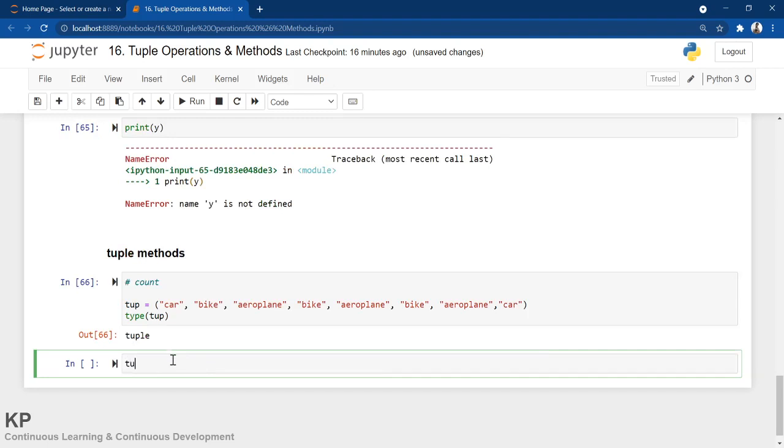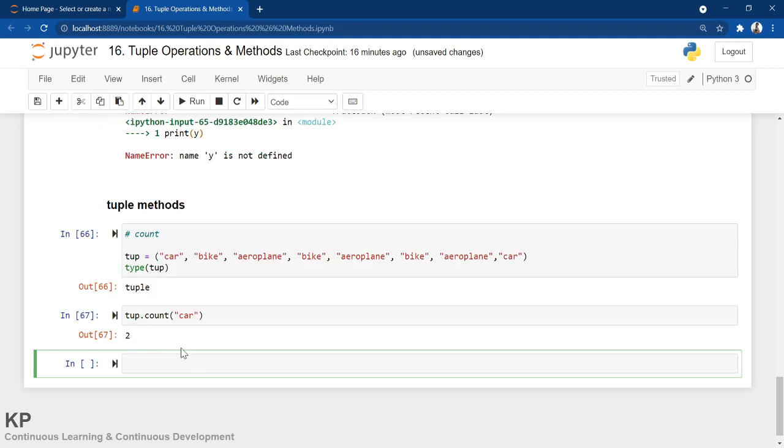Now let us use the count function. If I do tup dot count, this is the method. Which element I want to check, how many times the occurrence has happened, or what the frequency is. Let me check for car. As it is a string, I am putting it inside double quotes. But if you are going with an integer, you can just put something like 1 or 2. So car, you can see car is 2 times.